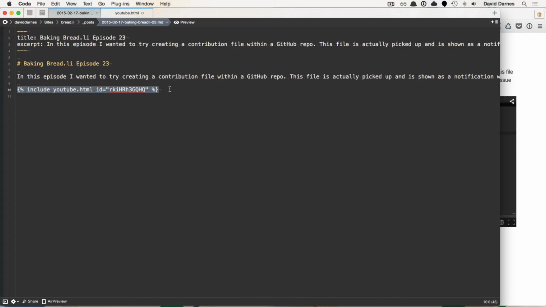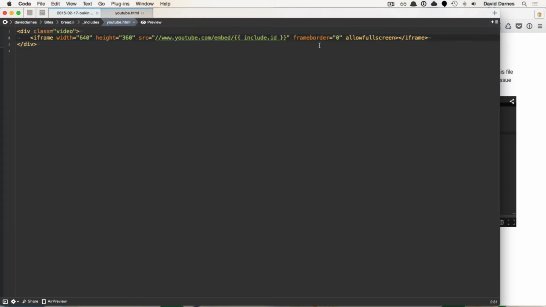So you just do that little chunk, ID equals whatever, and it'll work. And you can also do other things. If I wanted to have another thing on here, like color or something, you could put color red in here, and then you could put that in here. So you could put style equals